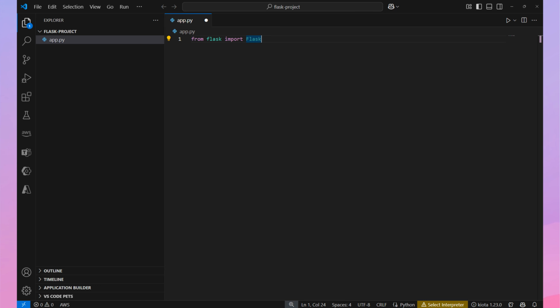Think of this like getting ingredients from a recipe book. Flask is like a special set of tools for building websites, and this line is getting one of those important tools, called Flask itself. Next line: app = Flask(__name__)